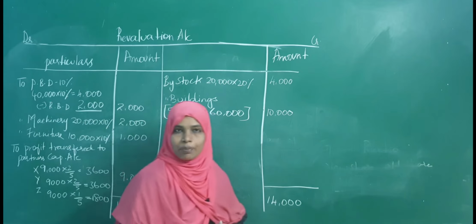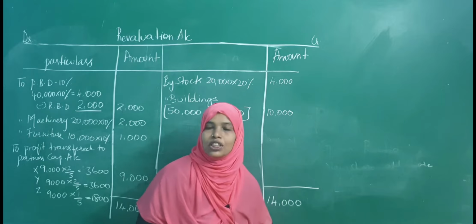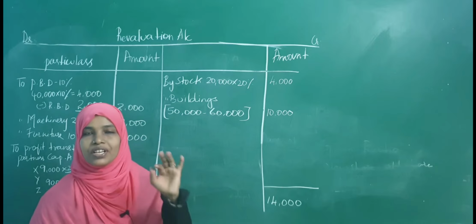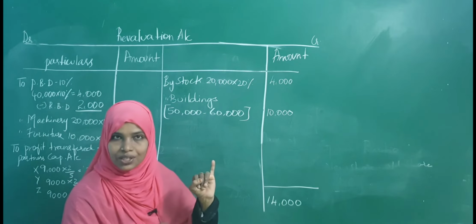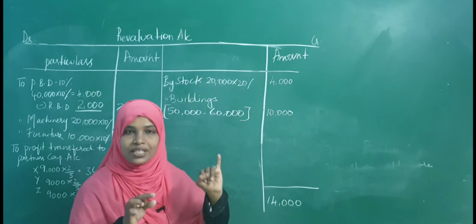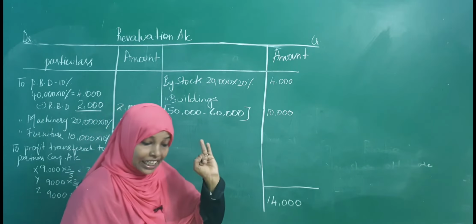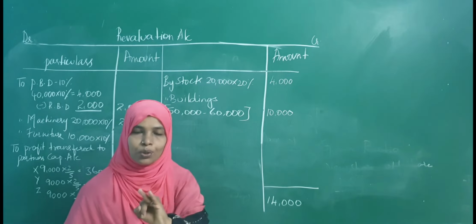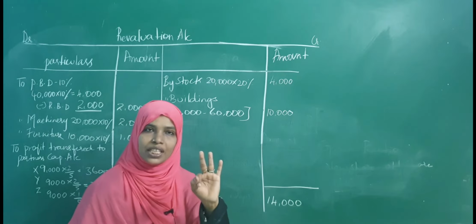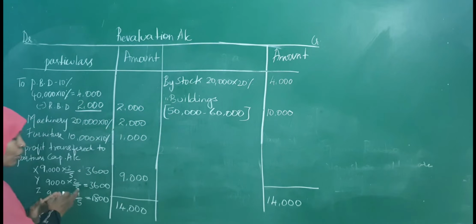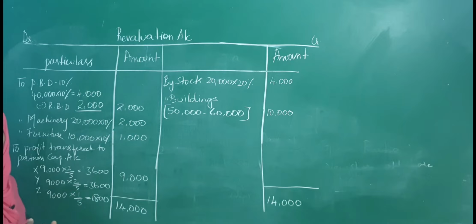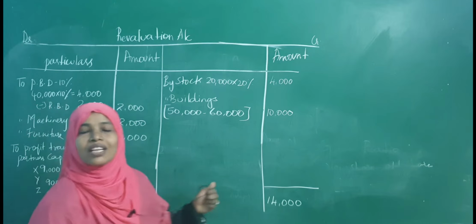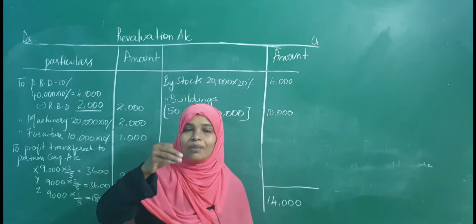Basically, when you do partners capital account, keep in mind what all the things come under partners capital account. First, balance of capital, whatever is given in the question. Capital accounts of X, Y, Z will be given in the balance sheet, you have to take capitals first. Next, you see whether reserve fund is there, distribute to all the three partners. Next, you see profit and loss, whether it is there, you distribute. Then, profit, it has come in this sum. This profit is in debit side, transfer it in credit side. After that, the valuation of goodwill. As I have told you, the valuation of goodwill is very important because the main concept is goodwill here.